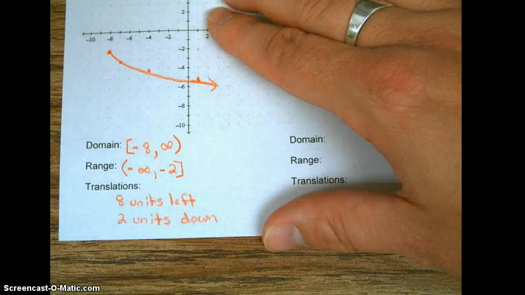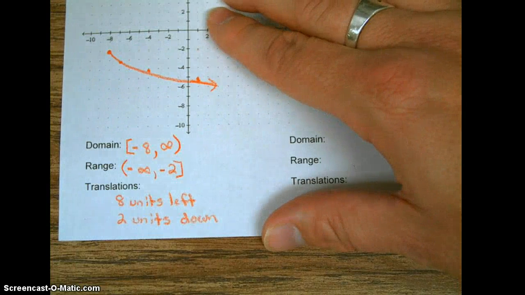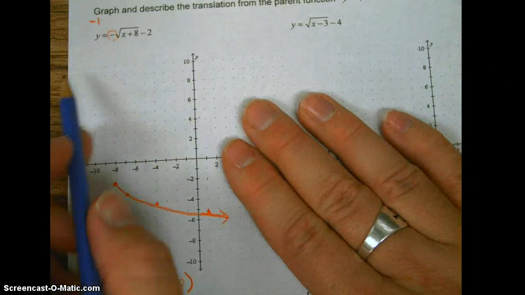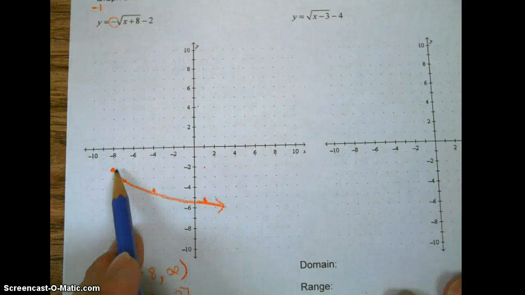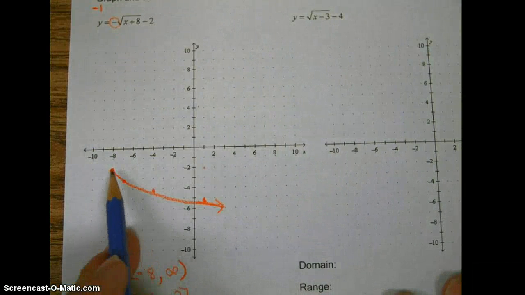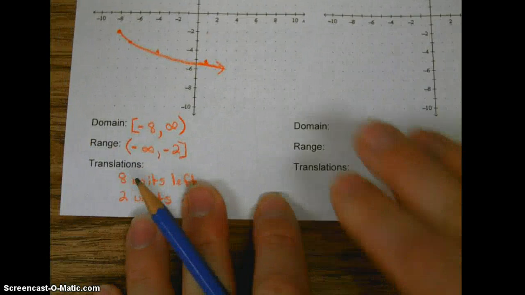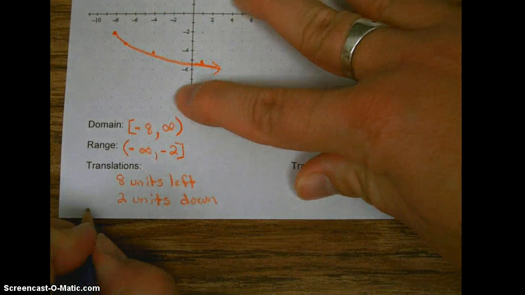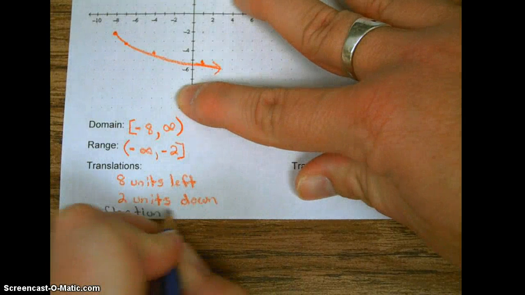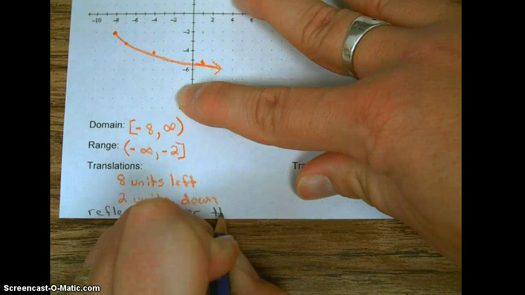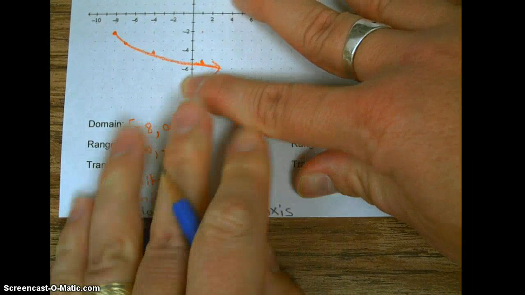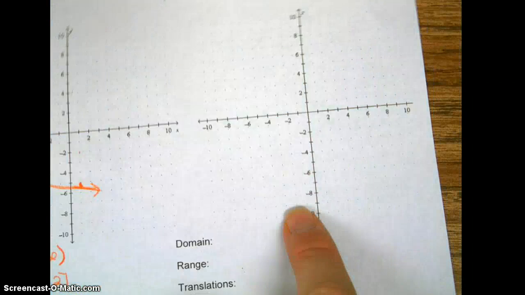Now, this next one is not a translation, it is a transformation. And what does the negative do to the graph as you think about what happened to it? It got flipped upside down. And what do we call that? We call that a reflection over the x-axis. Alright, so you go ahead and do this one yourself,